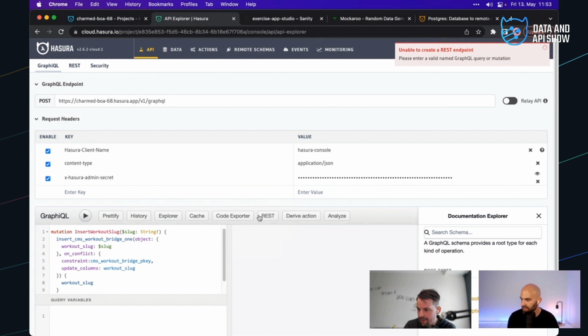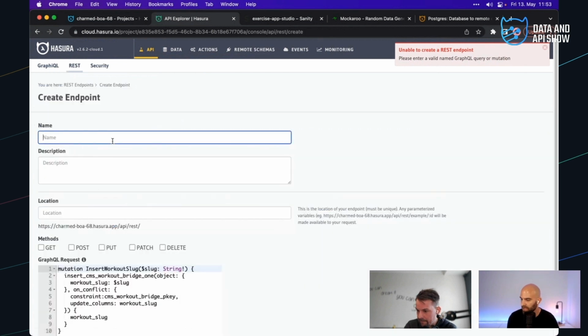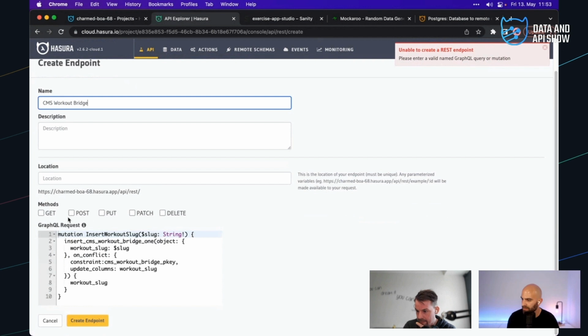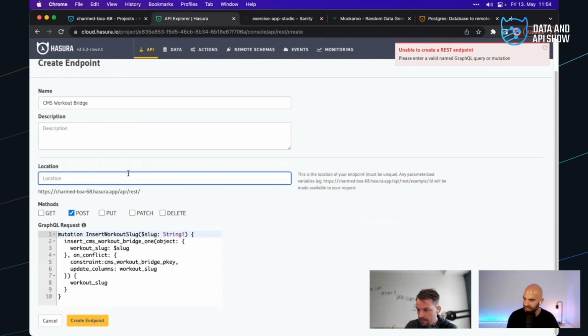We go and RESTify this. We'll call this the CMS workout bridge. And then this will take a simple POST request where we'll pass in just a slug as the body. And we'll make this be underneath /rest/bridge/workout/create.